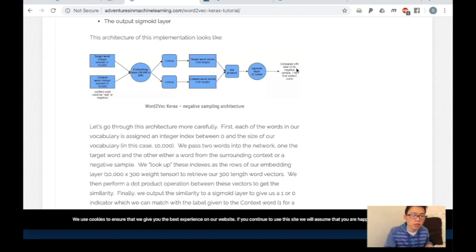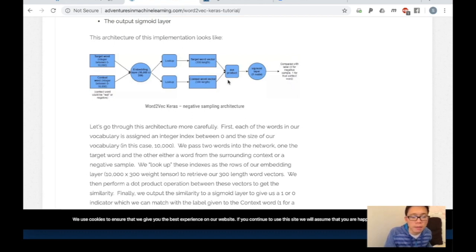So the architecture is a little bit different. The negative sampling architecture is a little bit different than straight skipgram, but it's trying to do basically the same thing. Instead of having the target word, like we were looking at earlier, and then predicting the context words, here you're going to have a pair of target word and context word, and then you say, is it really in the context or not?